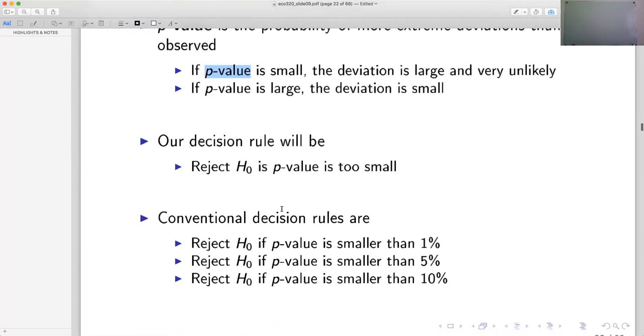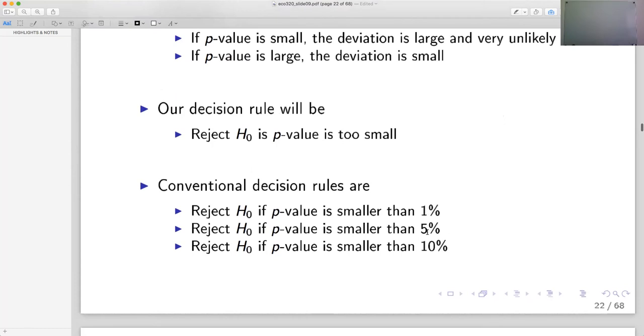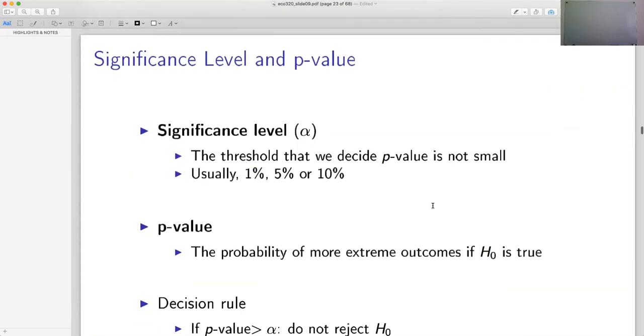So our decision rule will be to reject the null hypothesis if the p-value is too small. The conventional rule would be 1%, 5%, and 10%. In medical research and many other research fields, we are likely to use 1% and 5%. These are the most commonly used rules. So for example,